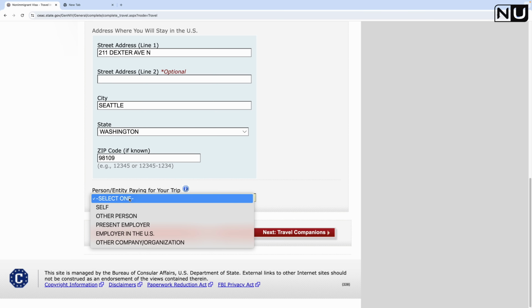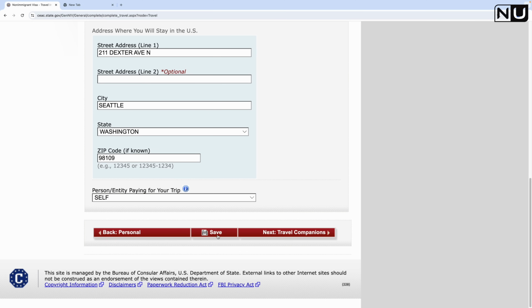And person, the entity paying your trip, I'm paying myself. But if another person is paying, like if you are applying for your wife and your wife is not working, then it would be other person, and then you have to add your spouse details. But most probably in my case, I'll be paying for my trip, so I'll just write self. Let's save